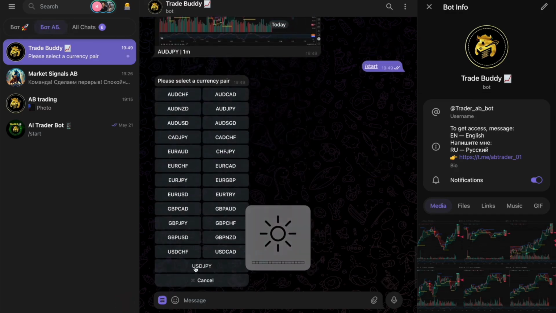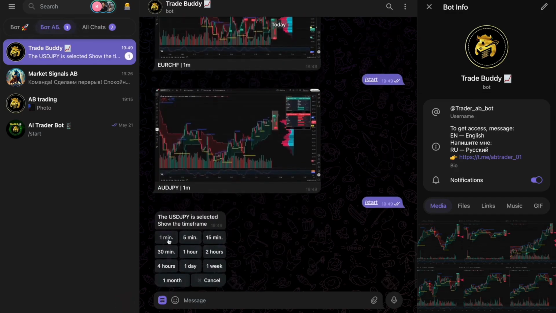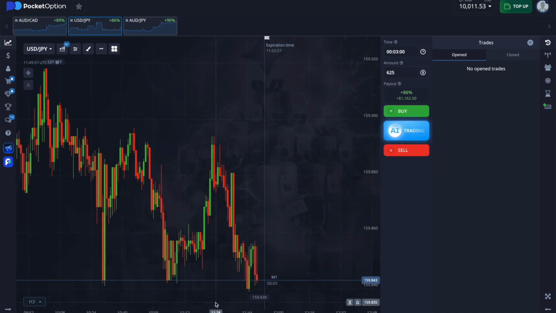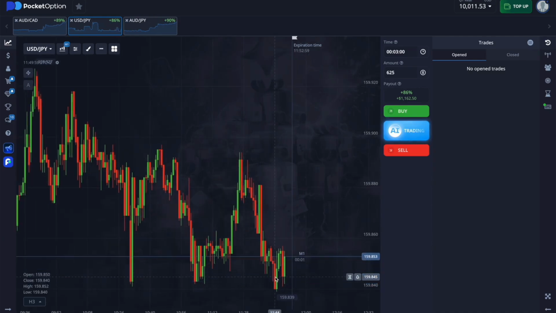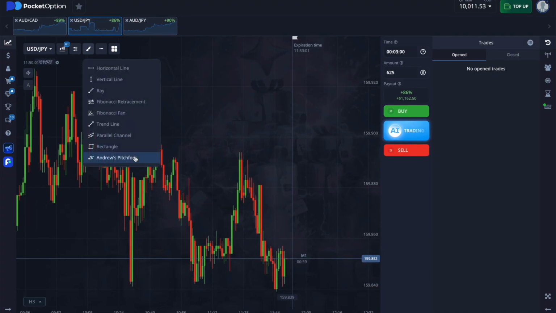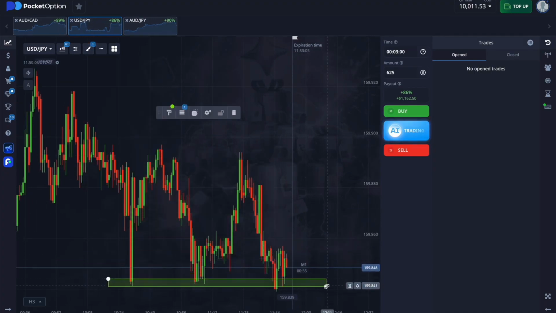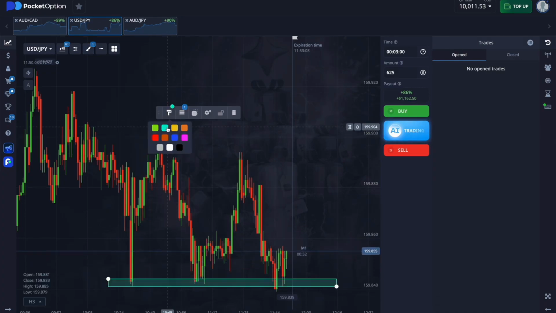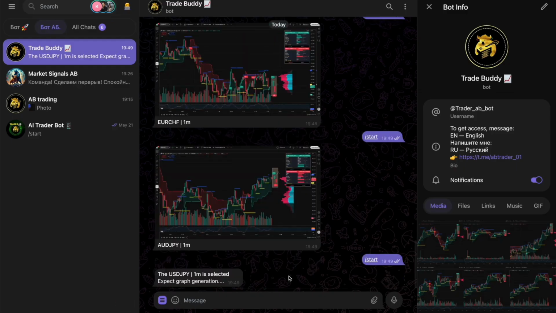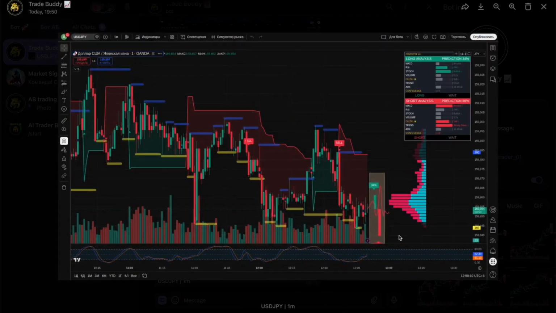Currency pair, dollar and Japanese yen. And this is the first loss we got on this currency pair. Here's where the breakout happened, you see? Well, it's a frustrating loss, but this is where all this mess started with this currency pair. Let's see. If the bot now shows that we should go down, then let this mess end with this currency pair as well.